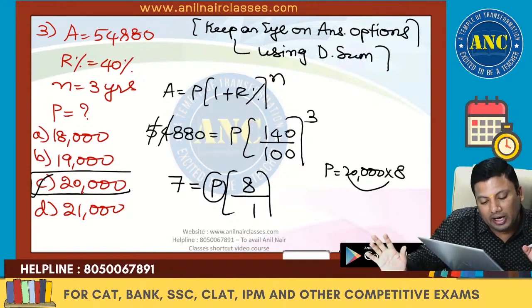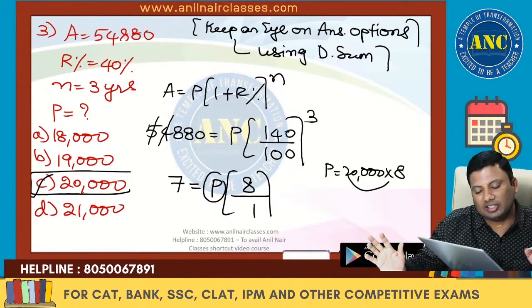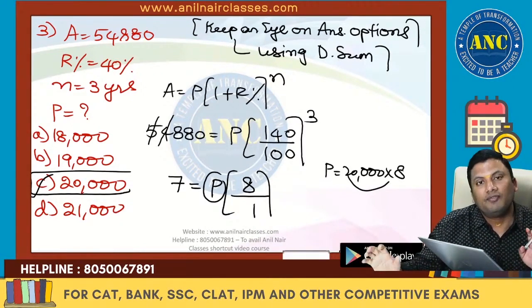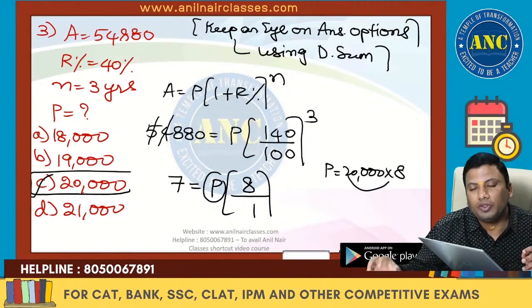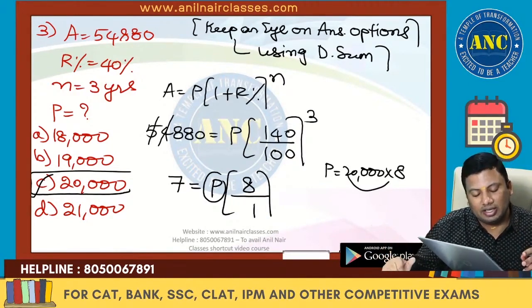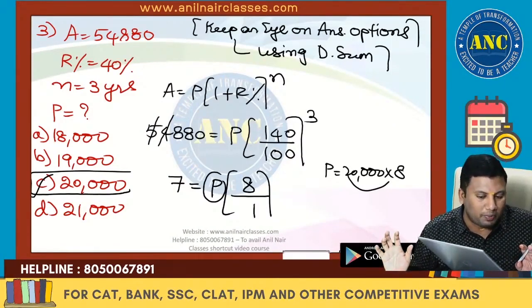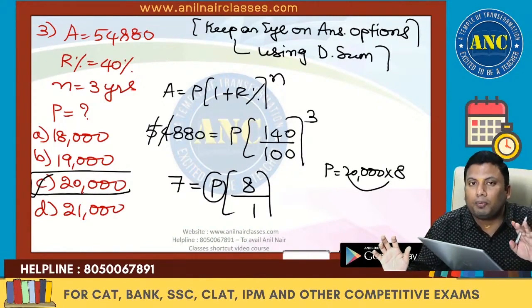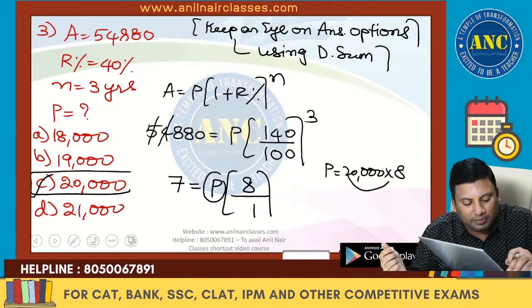First, keep an eye on the answer option. If all the answer options have got the same digital sum, this method is ineffective. If you are able to eliminate 3, this is the best method. If you are able to eliminate 2, you can use either a tree method or a change concept to solve this question. I hope this idea is clear. Digital sum, right? Few problems we discussed and we understood where to use this concept also.